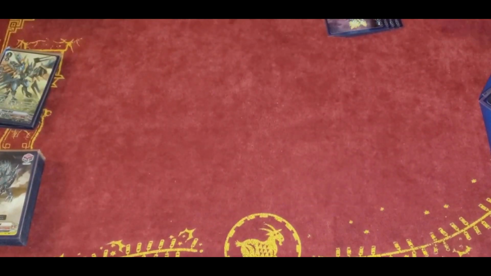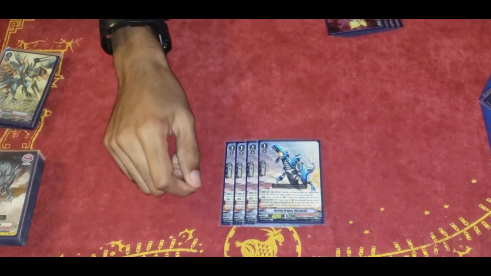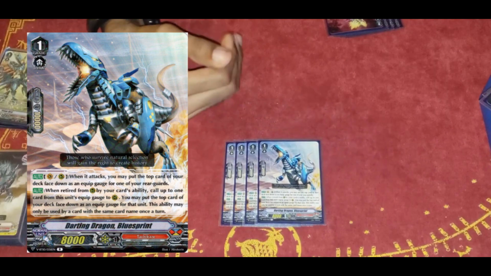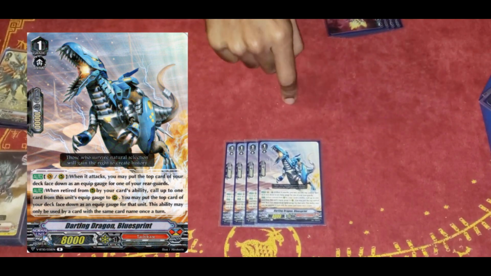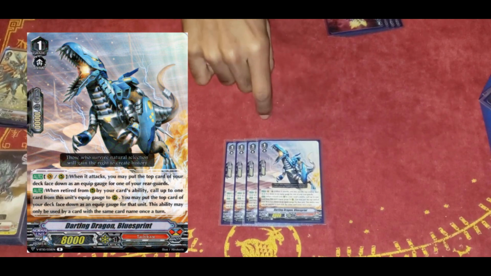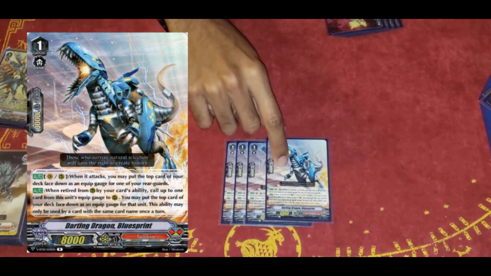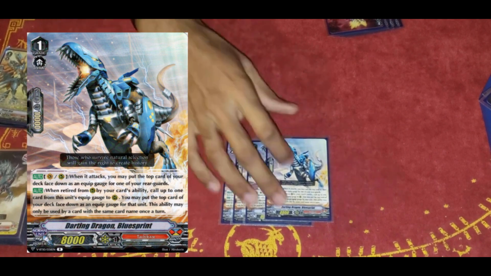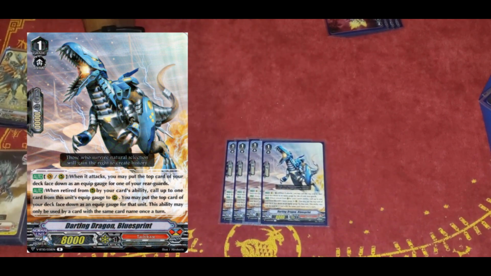Last grade 1 is Blue Sprint. Blue Sprint is when it attacks, doesn't matter who, when it attacks, you can put a gauge for any rear guard, including himself. And then if he's retired by your card ability, you can call out one of his gauges as a rear guard and give it a gauge for free. So essentially when he dies, something else will take his place, allowing for